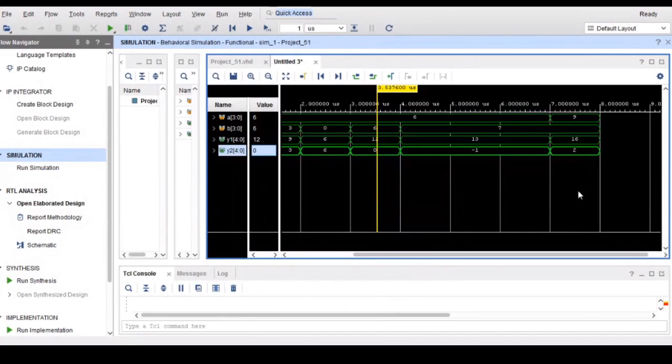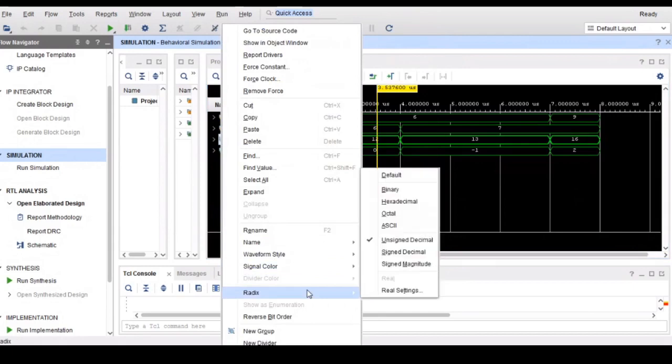Any doubt? Sir, it is an error. It is showing -16 in the signed form, in the addition. That means you have selected signed. You go there and choose unsigned number for Y1.